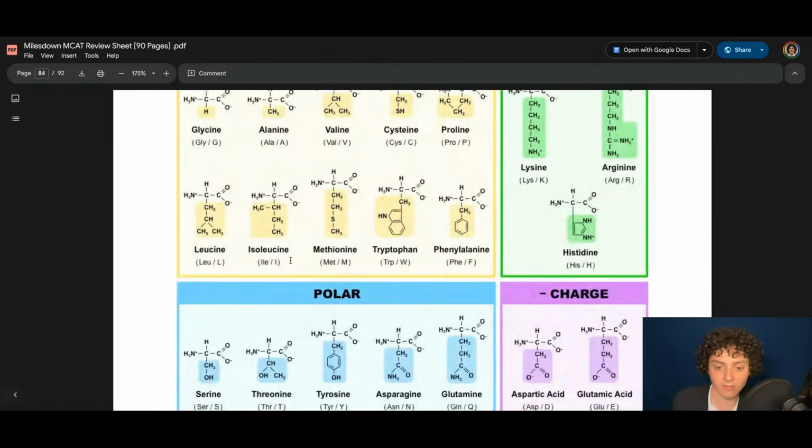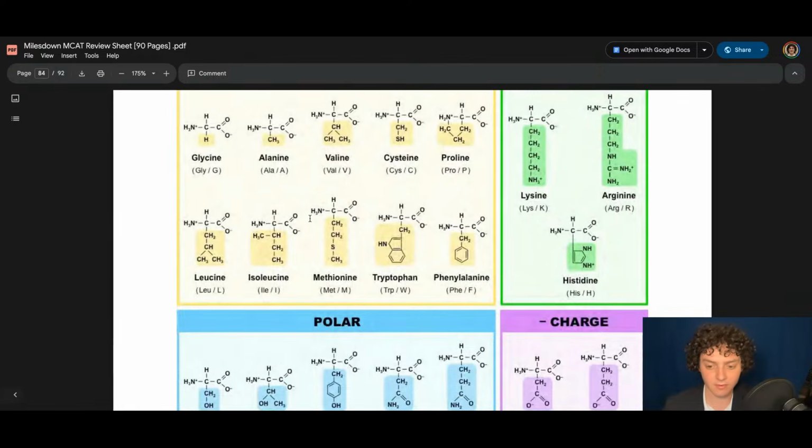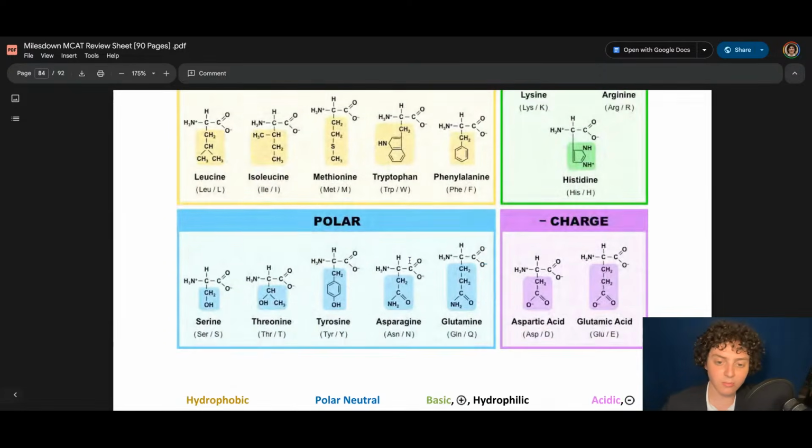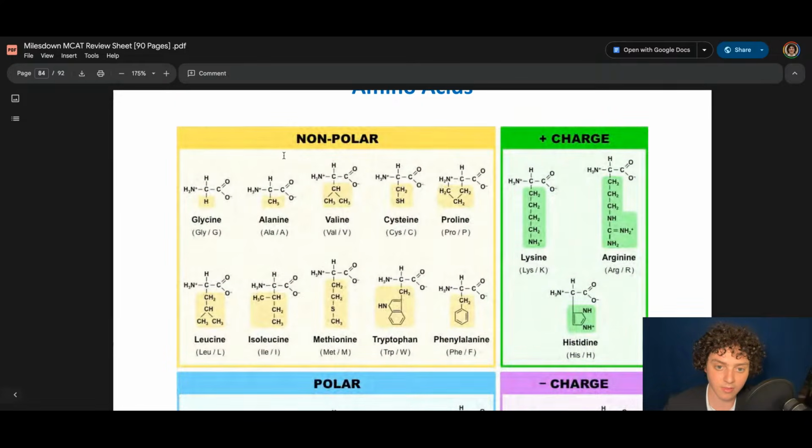That is because all of the atoms here are actually written out. Rather than there being an angle here that implies a carbon, there is a C, and it is connected with these lines to 2 different H's, and that represents glycine. So this is going to be the chart that we use to do the memorizing. And I like to start with the nonpolar, aka hydrophobic, water-fearing amino acid side chains.